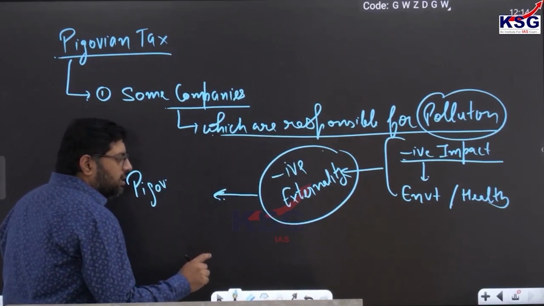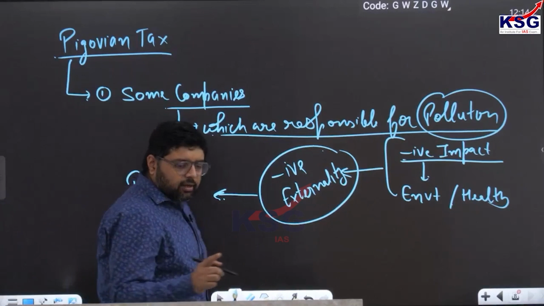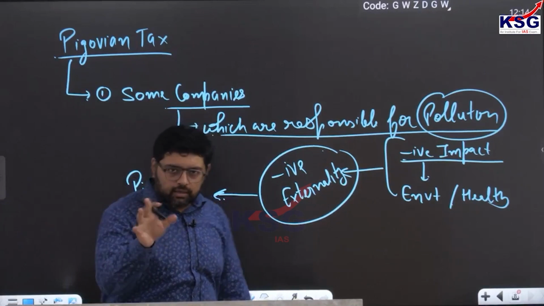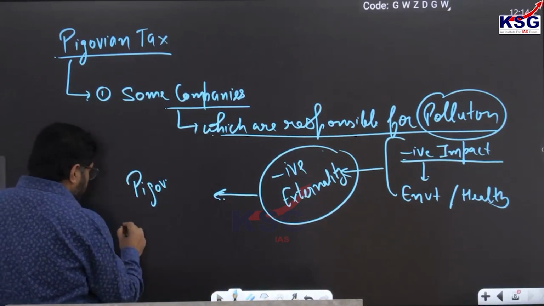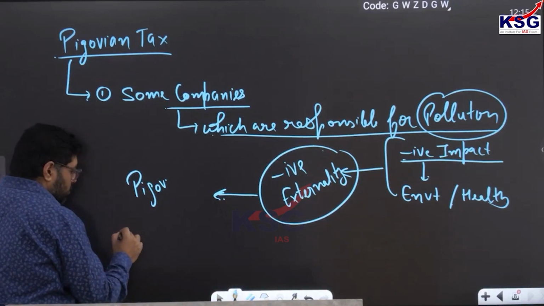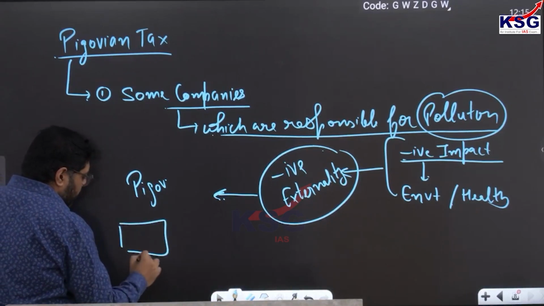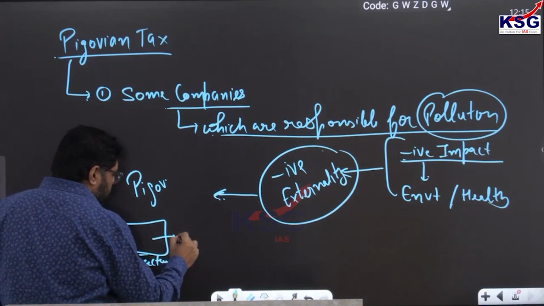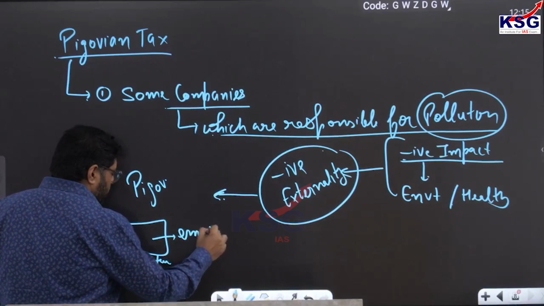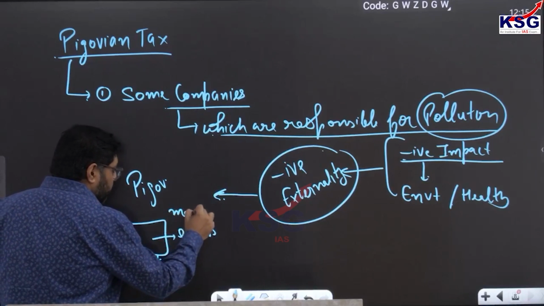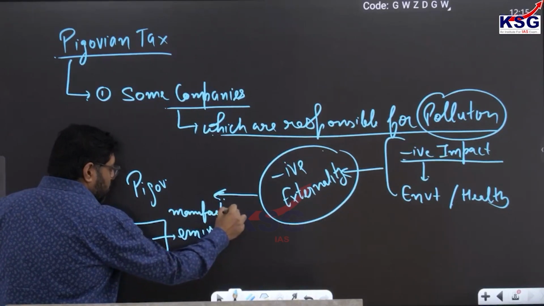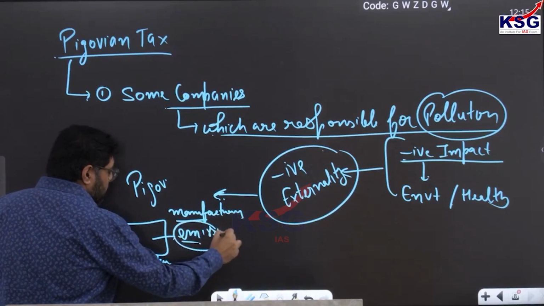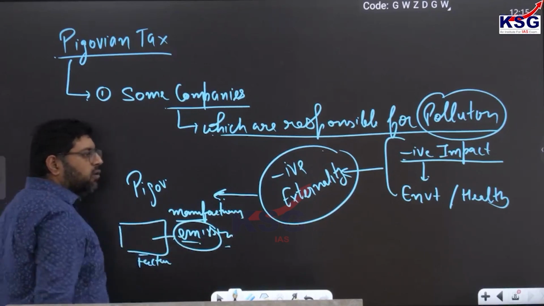Now here you can understand in this way, basically like Karan has written that it is on alcohol, cigarette. I just want to clear that don't mix up with that. It is like this: when you are producing some product in a factory, while producing that product it is responsible for emission, while manufacturing that product there are certain emissions. So ultimately we are imposing Pigouvian tax on that.